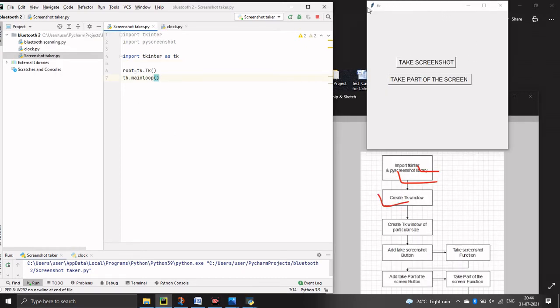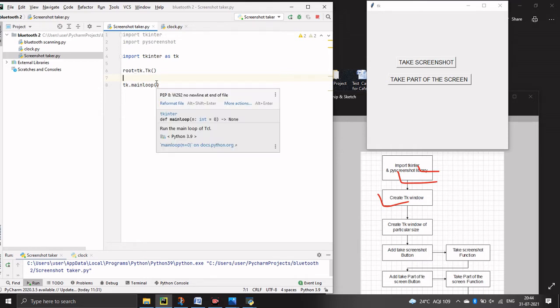Next step is to adjust the size of this TK window. We are going to create some particular size for this window. To adjust the size of this window we are going to use the Canvas function that is available in the Tkinter library.